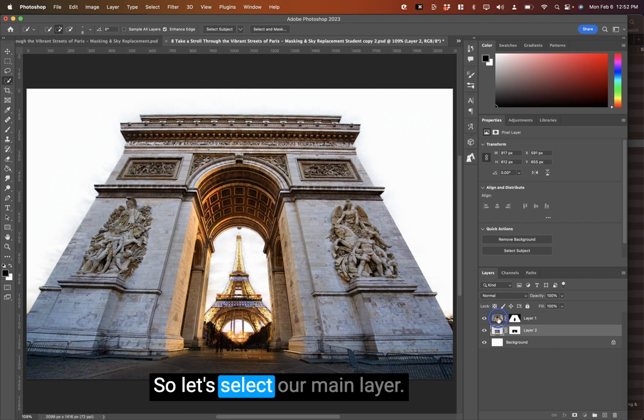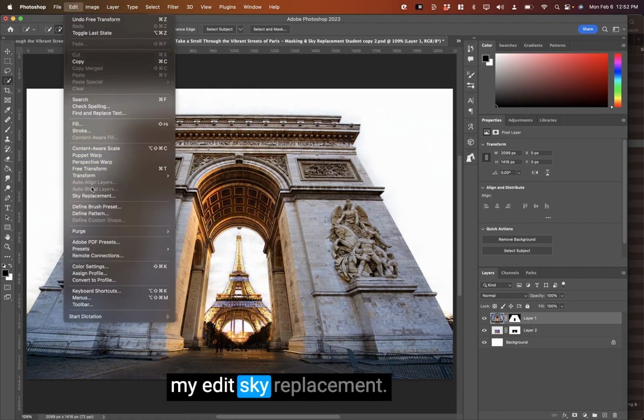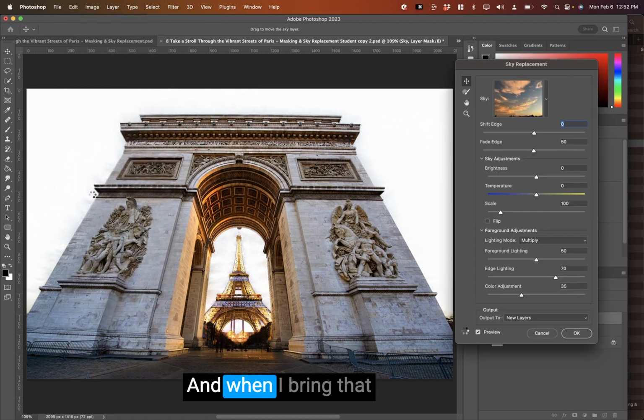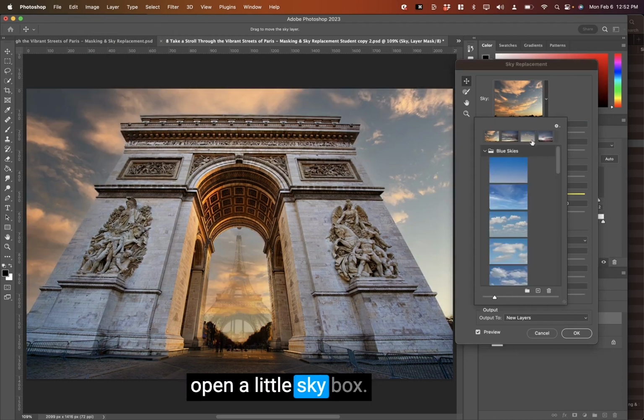So let's select our main layer. So we're going to select the layer with the Arc de Triomphe. And with the Arc de Triomphe selected, now I'm going to go to my Edit, Sky Replacement. And when I bring that up, you'll see that it pops up these skies, and I'm going to click open a little sky box